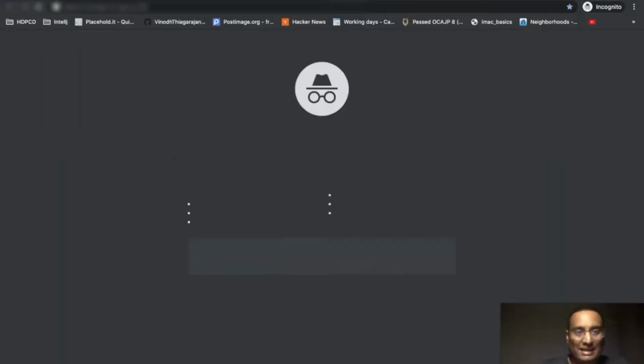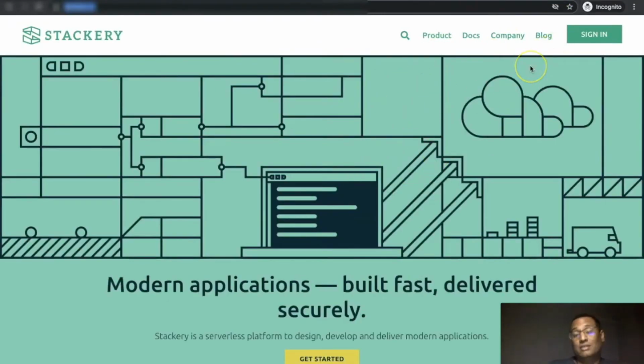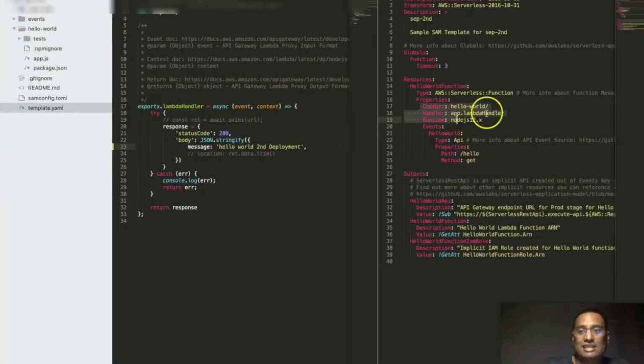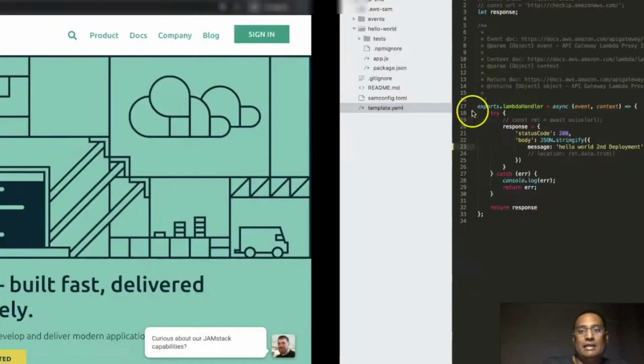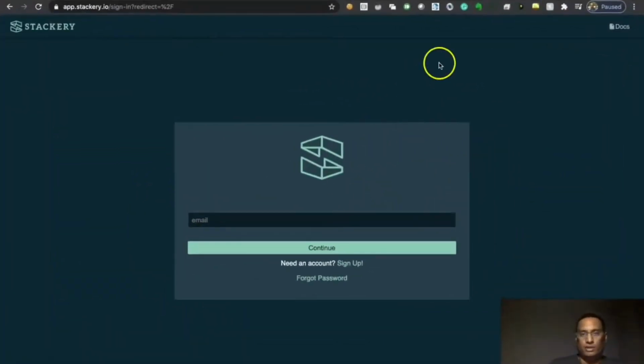So that's when we are going to use the site named Stackery.io. Stackery.io is a way of creating serverless applications, and a drag and drop kind of feature is given for you to generate this YAML file. And we're going to see how we're going to use it. Before I show you what I'm going to do here,